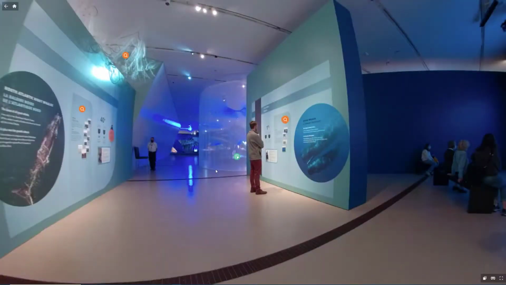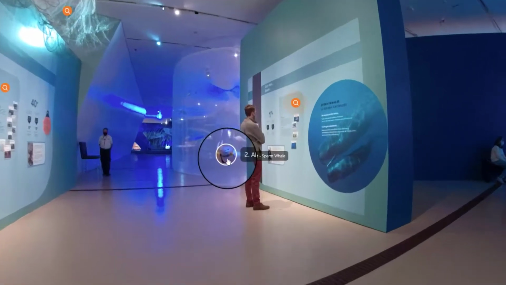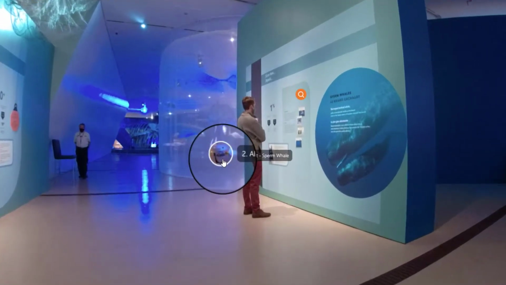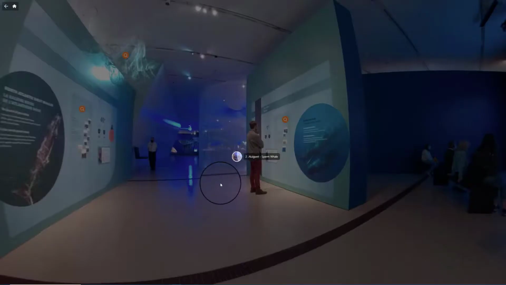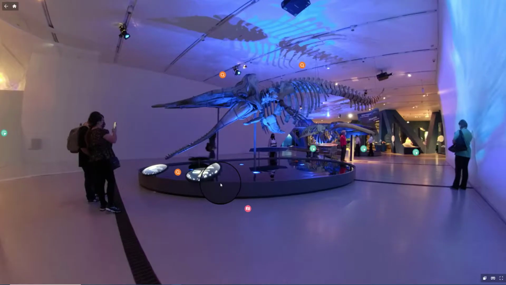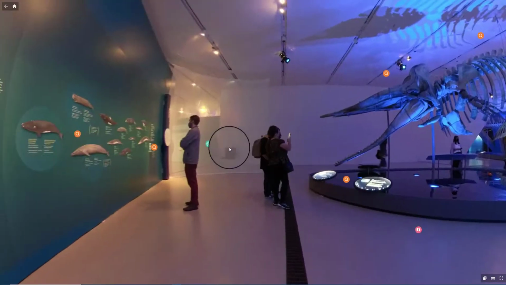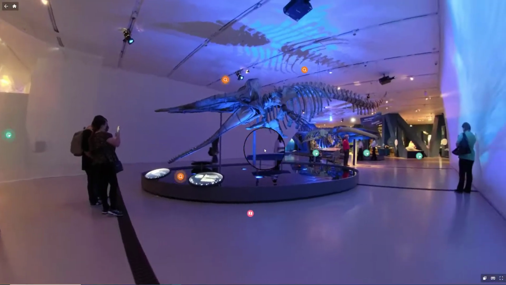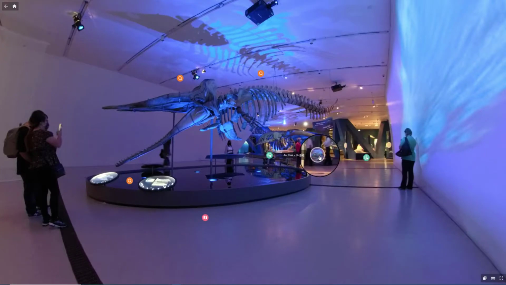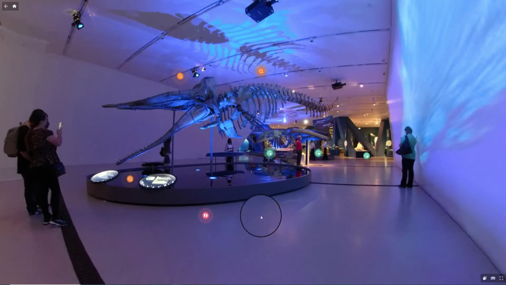There are two ways to move between stops on your virtual tour. Look for the round icon that looks like two circles with a small arrow in the bottom right corner. Clicking on it will take you to the next stop or gallery on your tour. You're able to navigate back and to the next stops using these icons.